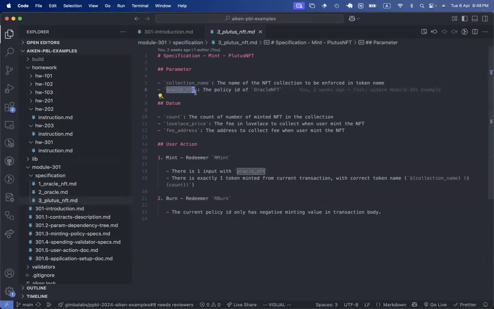We know that this is a simple logic flow. First of all, we want to mint the Plutus NFT. We want this minting to refer to some sort of oracle. So we must put this oracle into the parameters in the first place. And then we think about that, trace it